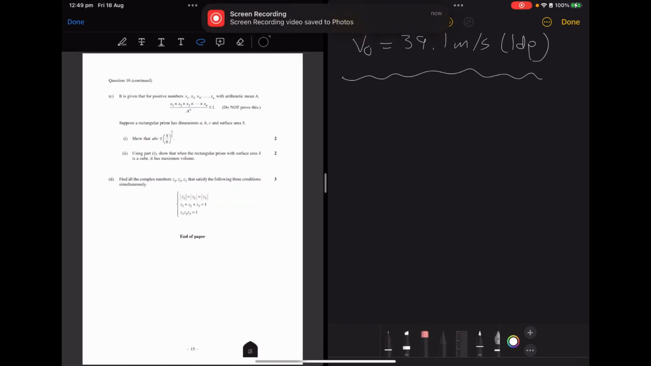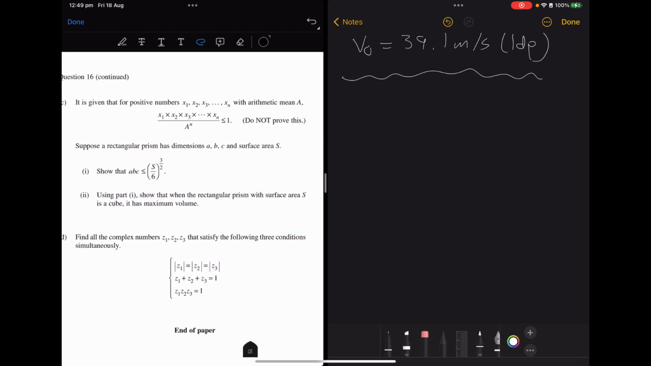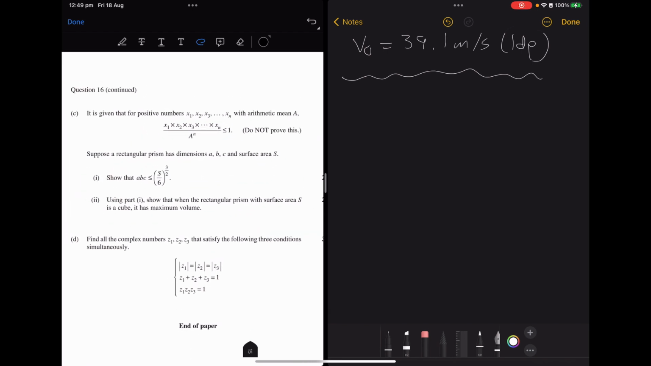Next, for part C, it is given that for positive numbers, with arithmetic mean A, we have a result, and we do not need to prove this result. So, going into the question, suppose a rectangular prism has dimensions A, B, C, and surface area S. First part, show that ABC is less than or equal to S over 6 to the power of 3 over 2. So, using part C,